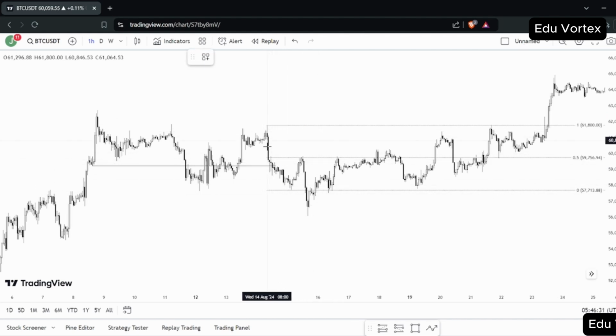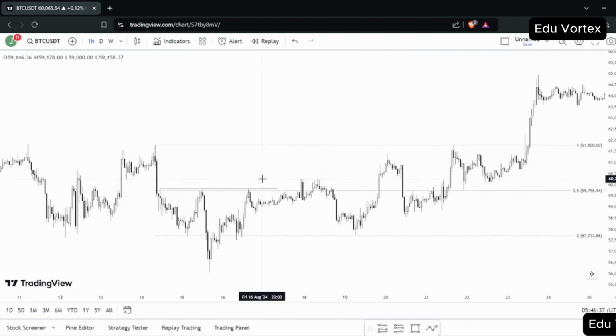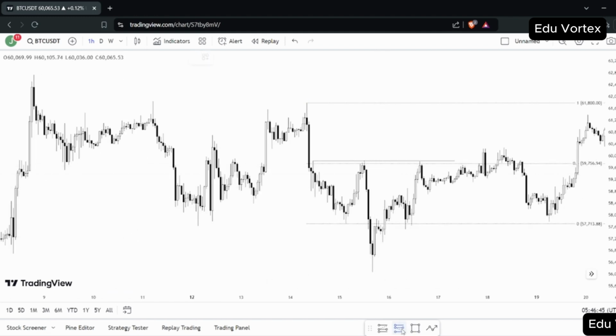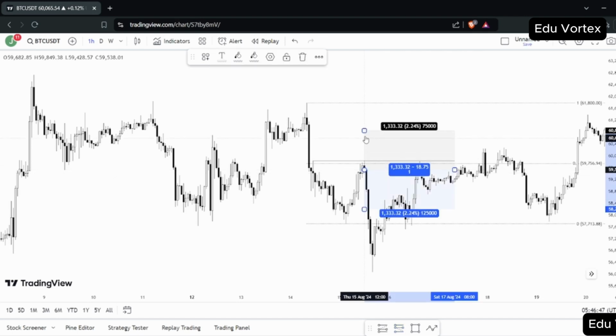Now what do we have? We have this fair value gap. We also have this high, which is some liquidity. And we end up touching the 0.50, which is a premium, and that's what we want to see. You could end up even waiting for the closure and, for example, going with a tighter stop,